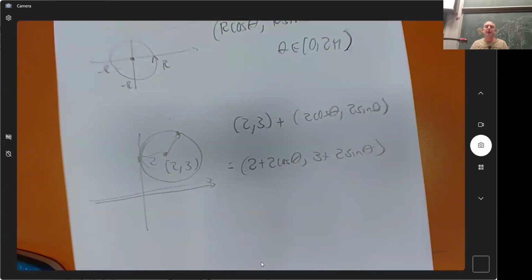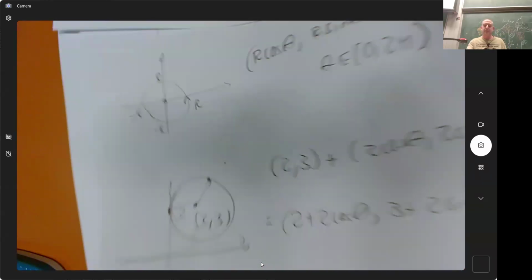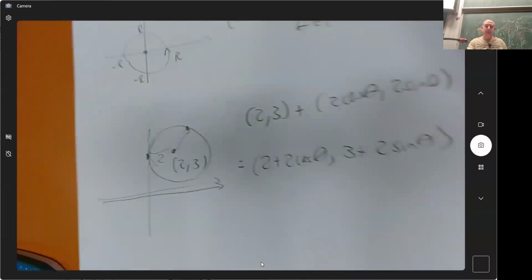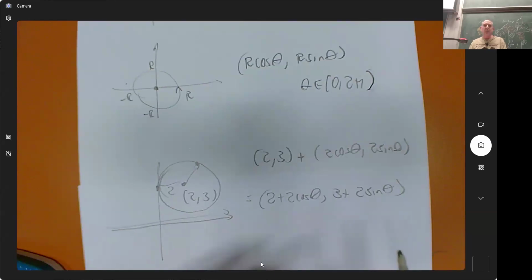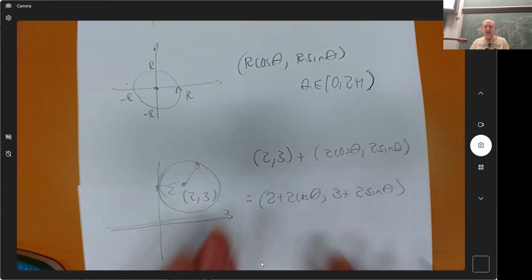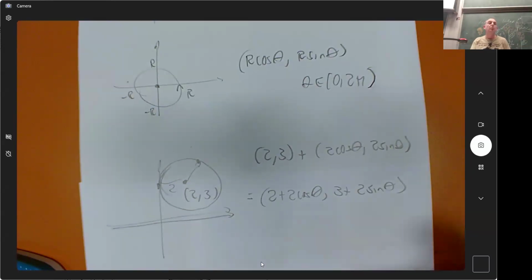Okay, so they are the two most classic parameterizations, but I do have one other parameterization to give you. This move, though, that move of saying, oh, the center's wrong, we'll just do the parameterization as if it was 0 and then just add that on, that'll always work for any parameterization at all. Yeah, just want to point that out.